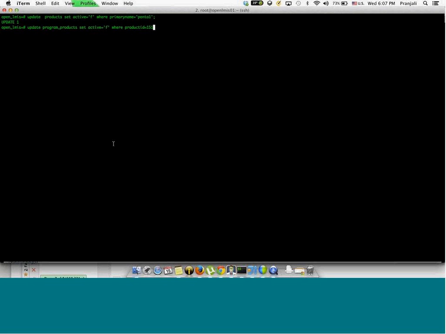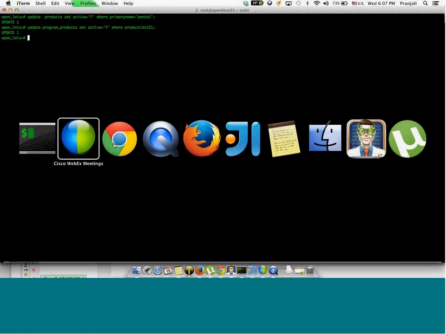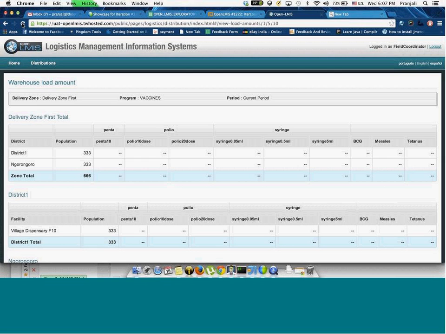This ID we have taken from the products table. So when we go back to the view load amount page and refresh the page, and we see